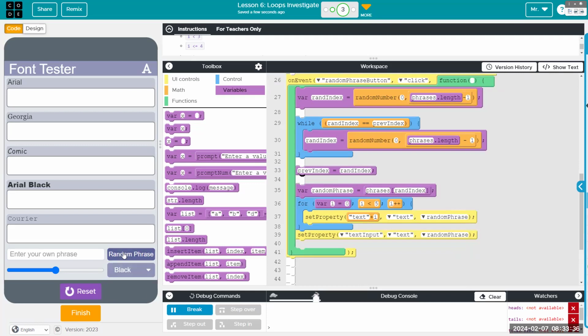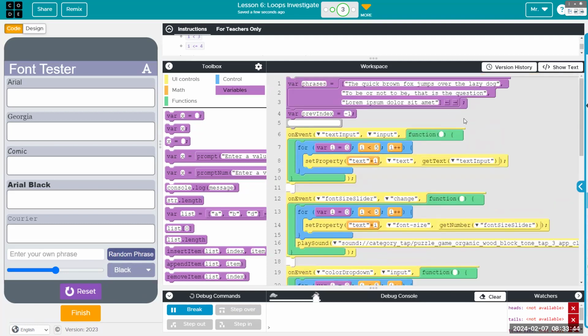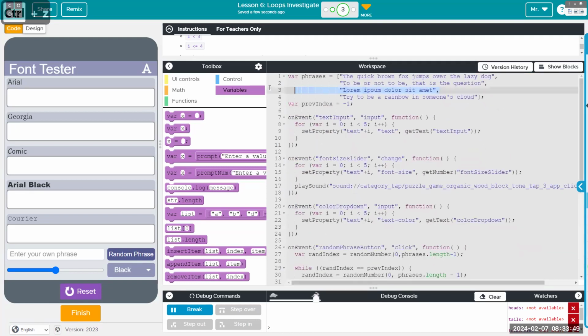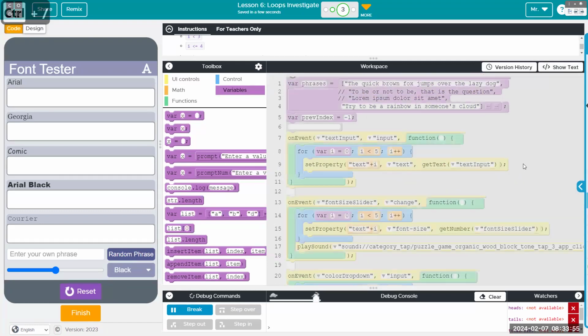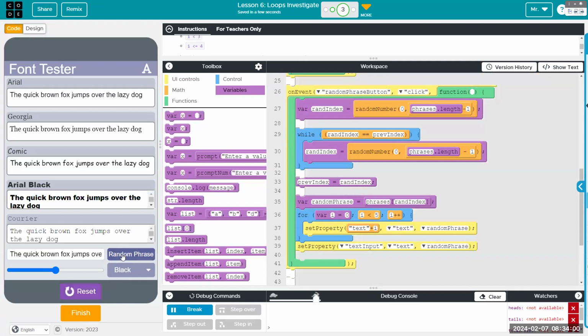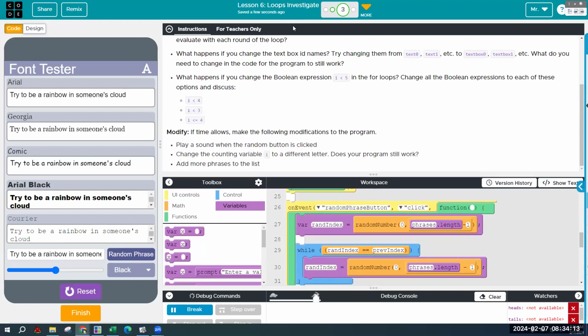If it does work, we should never get a duplicated phrase. In fact, we can maximize this testing by taking out two of the elements. If I comment these two, our list is only 2 elements long, which means that if this didn't work, we would get a lot of duplicates. Random phrase, random phrase. So there we go. Every time through, we get a new one. We are double checking that our previous one is not the same. And I think that is it for this.